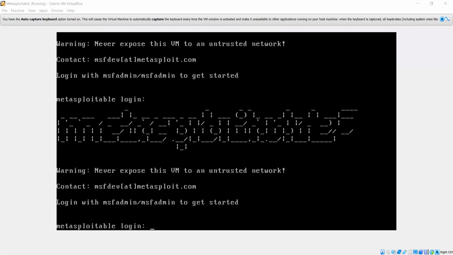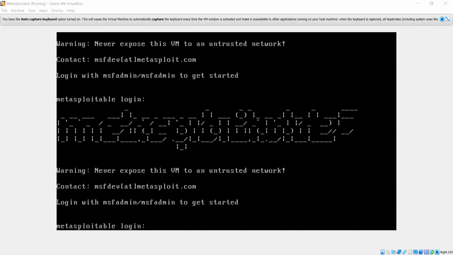Okay, sir. Now I have Metasploitable running, and I also have my Linux Parrot running. Now first I'll show you what happens when you open Metasploitable. This is the screen that you will get when you start Metasploitable 2. Yeah, that's the version we are using. The first thing it says is never expose this VM to an untrusted network. That is very much true because it is an intentionally vulnerable machine, so make sure that it's not publicly accessible.